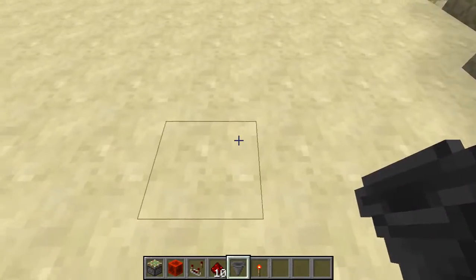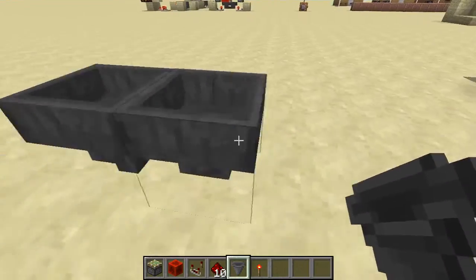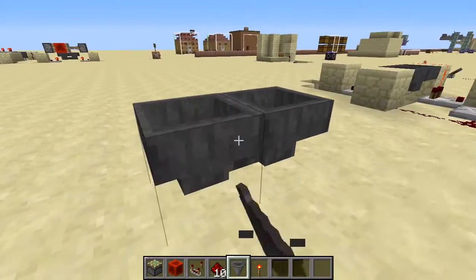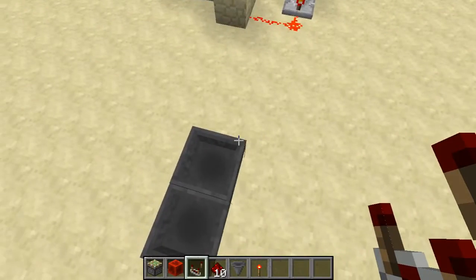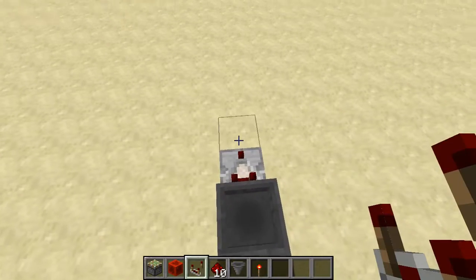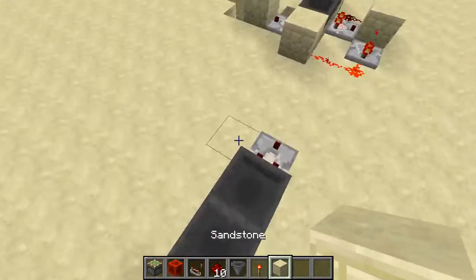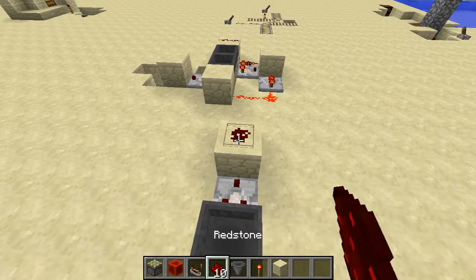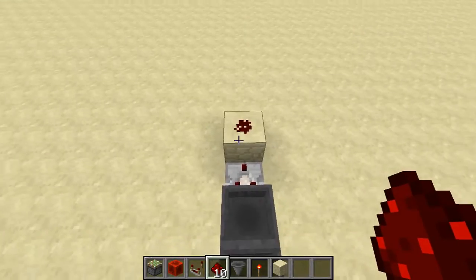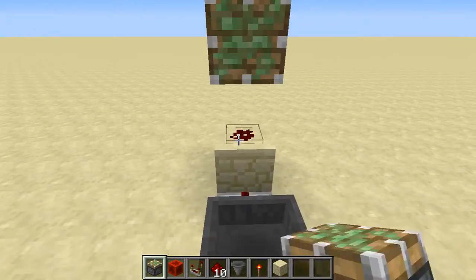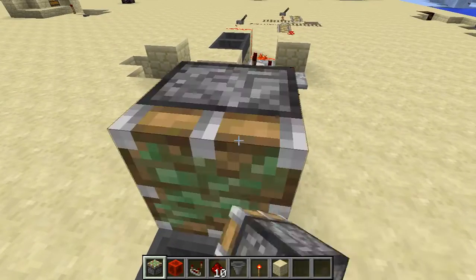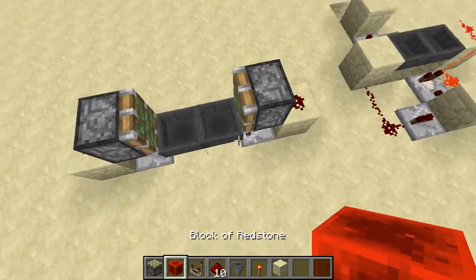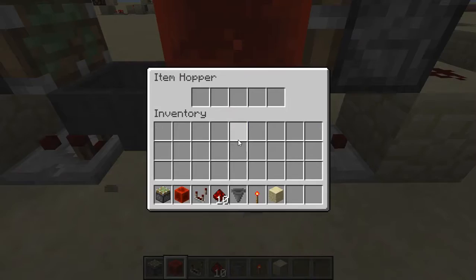An Etho hopper clock is two hoppers pointed into each other like that, and then you have comparators coming out of each of those, usually off to the side like this. You have blocks for that signal to go into, and redstone to conduct that signal more. Then you put some sticky pistons on the sides, like that. The last step is to put a block of redstone here, and once you put some items in here, let's say these 10 redstone,